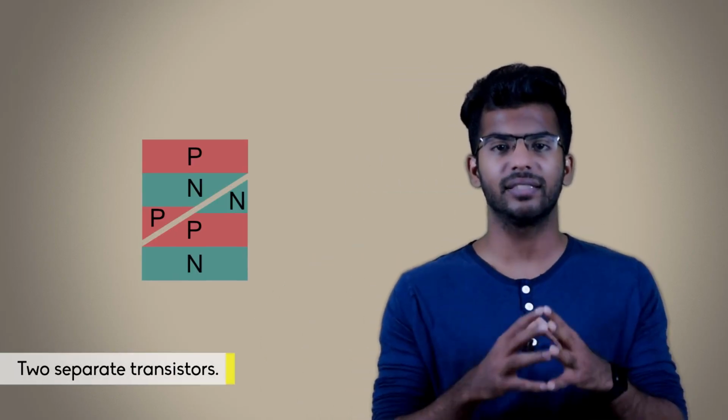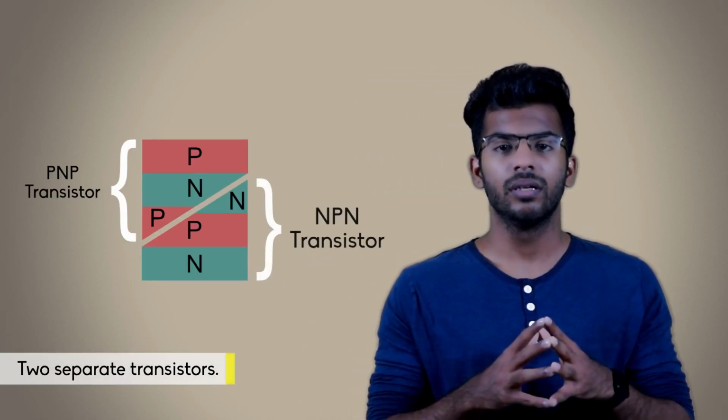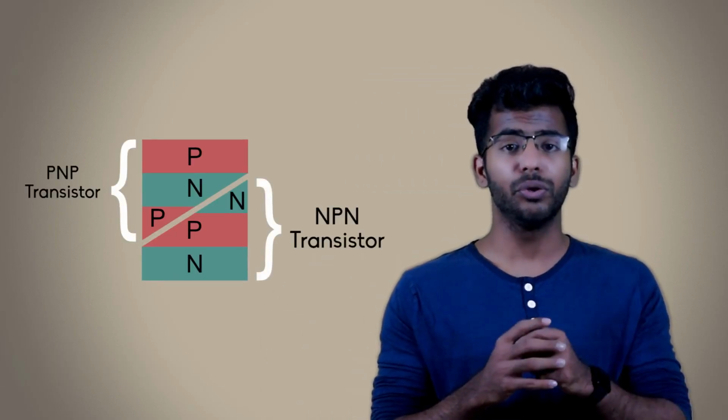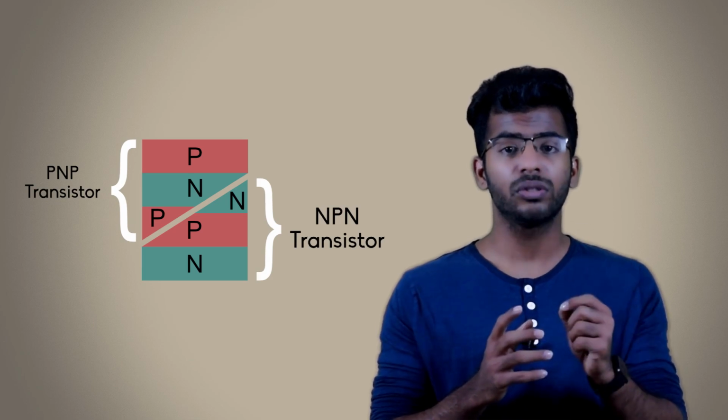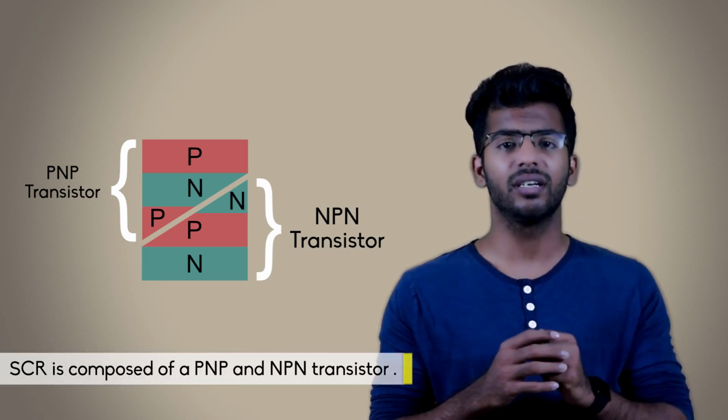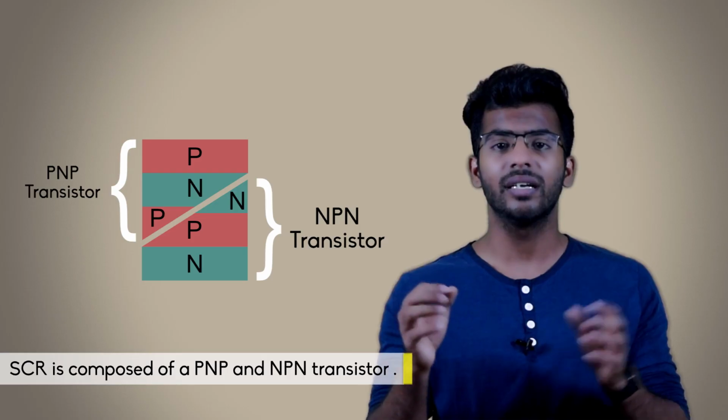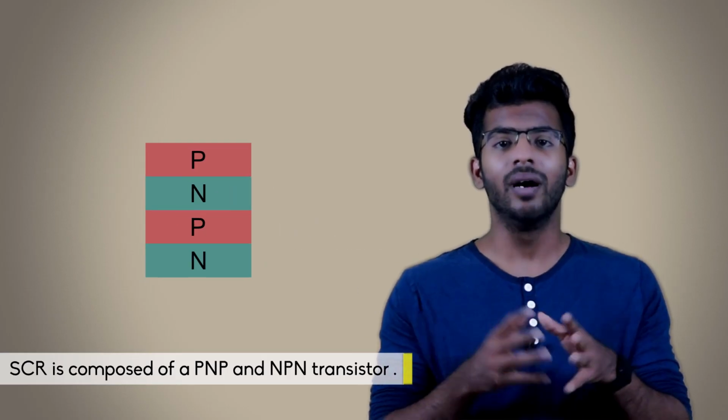We can understand the working of SCR better through a two-transistor analogy. The SCR can be considered as two separate transistors. So, the equivalent circuit of SCR is composed of a PNP transistor and an NPN transistor interconnected to form a